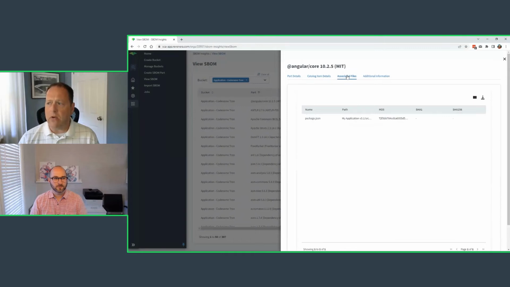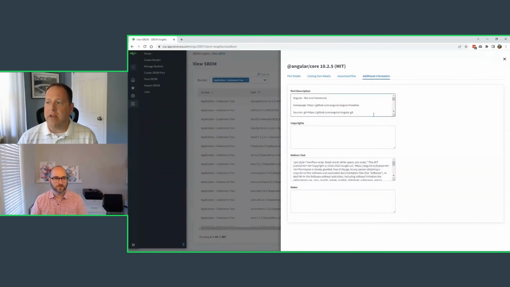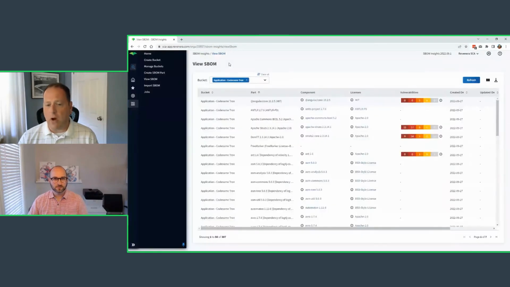If there is file association, whether it be from an SPDX import or a Code Insight import, that data would be shown here as well. And then potentially other information, so any descriptions we may have, copyright data, as I mentioned, that notices text, and other specific notes as well. I said this information was all imported from that Code Insight export,